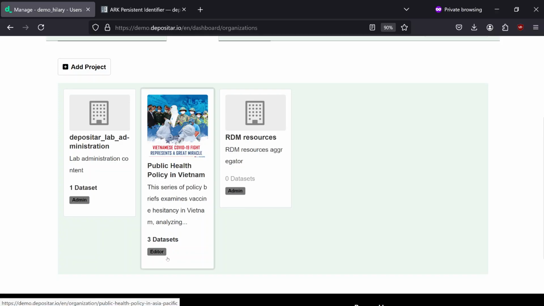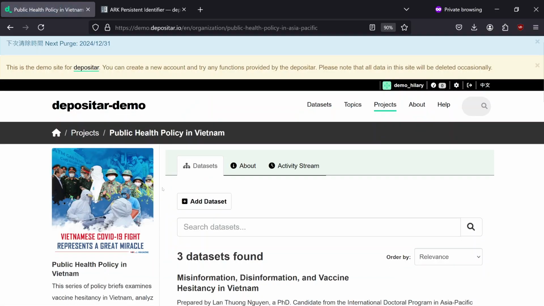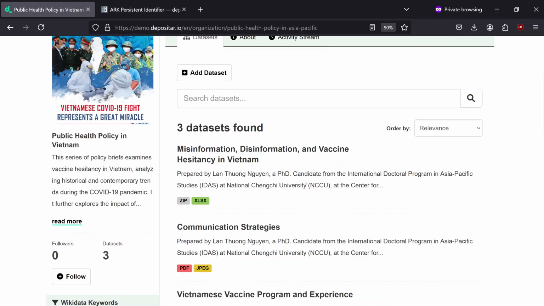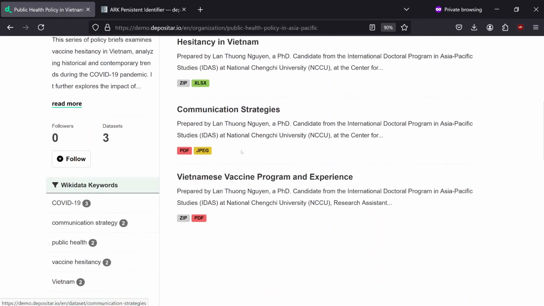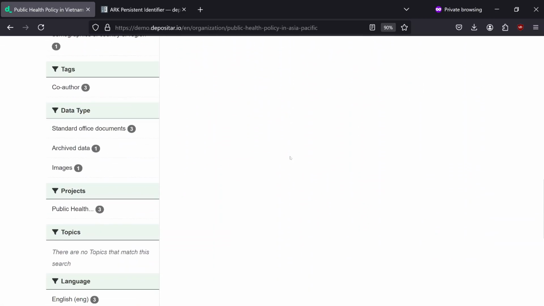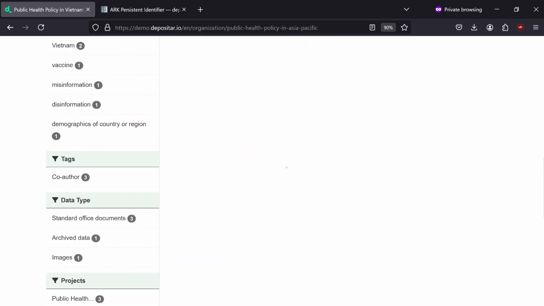I am currently an editor in this project. For other projects, I am the admin. So let's click into it. You can see that there are currently 3 data sets within this project, and it has a lot of detailed